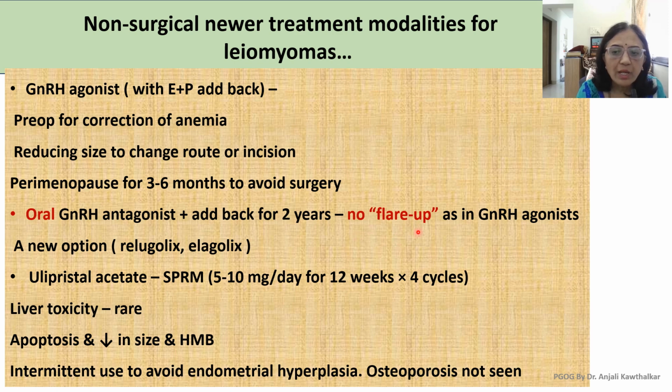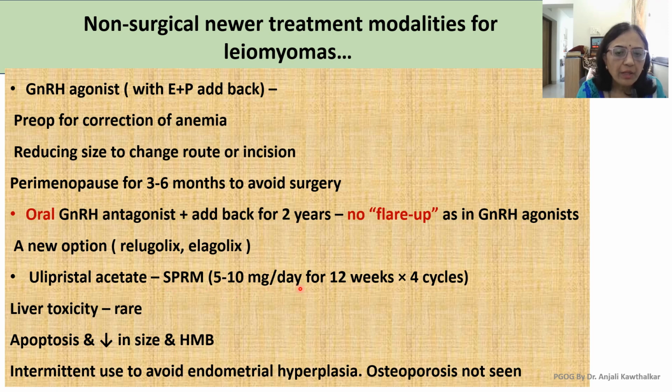About flare up also, I have discussed in detail in the video on management of endometriosis, in detail about the GnRH agonist versus antagonist. So it is a new option. The drugs which are used, oral drugs, are relugolix or elagolix. Ulipristal acetate is a selective progesterone receptor modulator which is usually given with a dose of